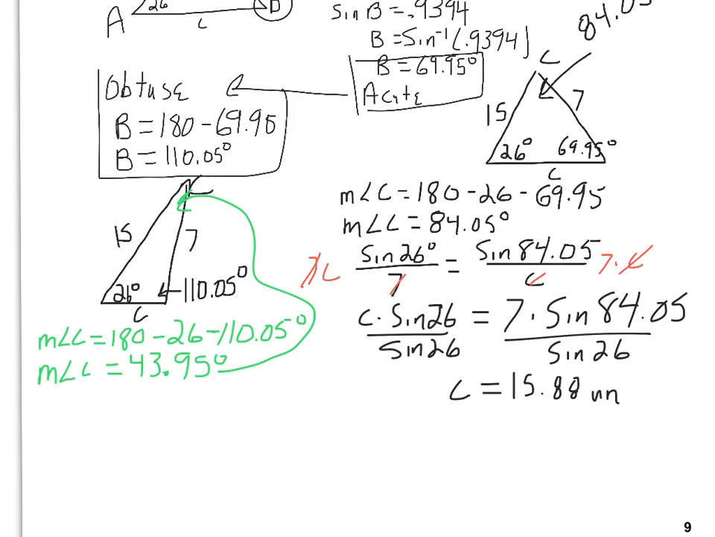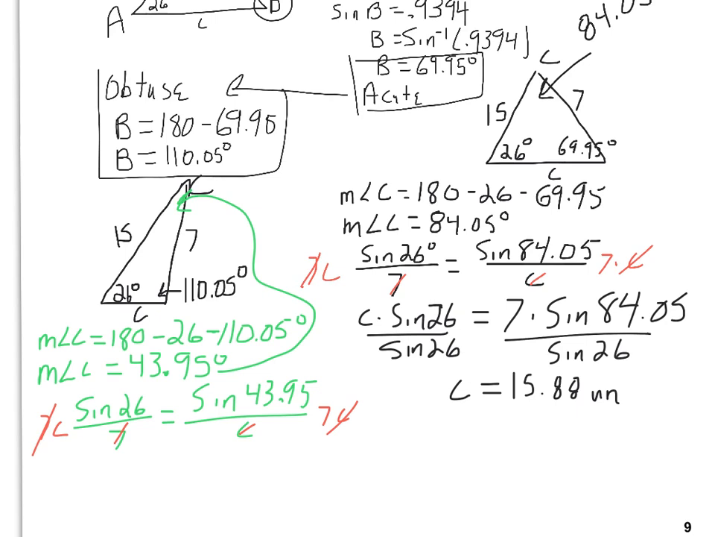So now using your law of sines to find side C, the sine of 26 over 7 has to equal the sine of 43.95 over C. I'm going to multiply to get rid of fractions, which means I'm going to multiply again by 7C. C's cancel over there, 7's cancel over here,